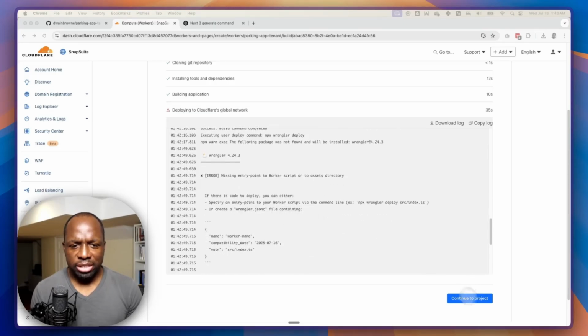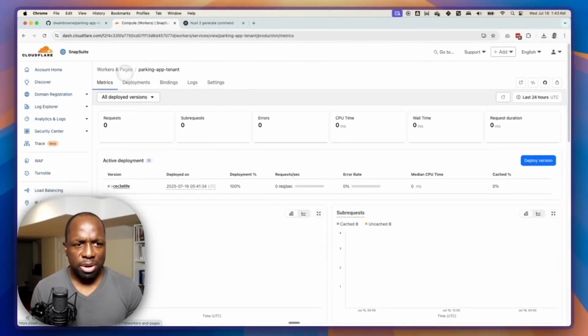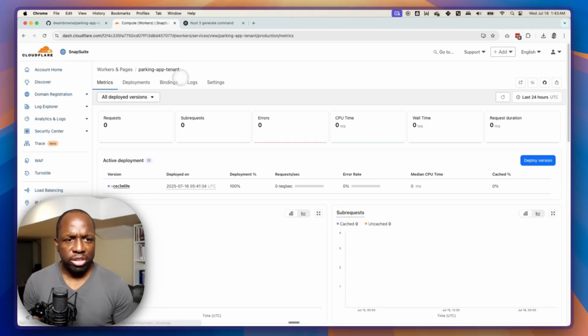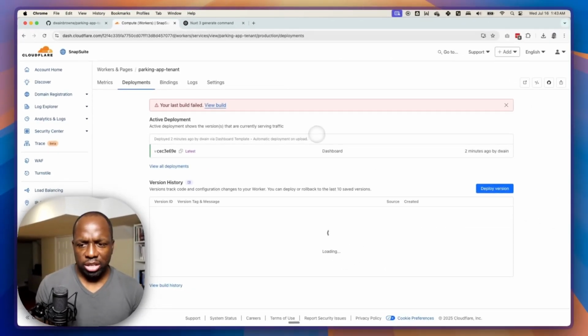So this is fine. What I'm going to do is copy this log. I'm going to go here. This is going to be my workers and pages deployment. We got a problem with our build, so that's okay. The fastest way that I know how to deal with this without going into too much detail is I'm